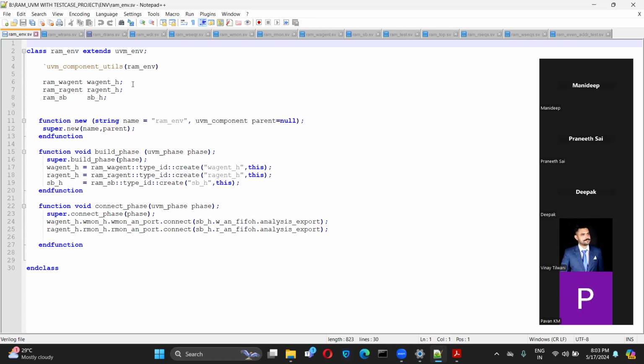So this is all about the UVM factory registration for both the component and object, and we have also seen the different construction defaults, right? For the component, it is both the name and parent, with the parent as null. And if it is an object, there won't be the UVM component parent argument. There will be only the name. So just remember these things related to the UVM factory. Okay.